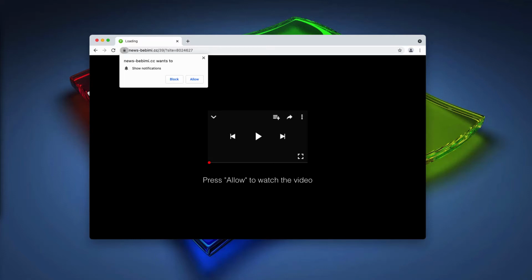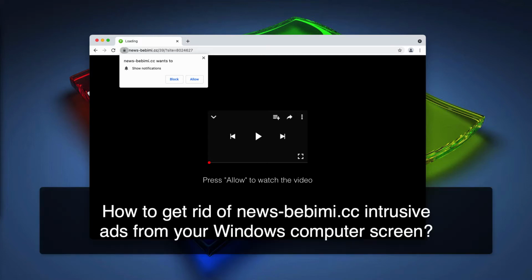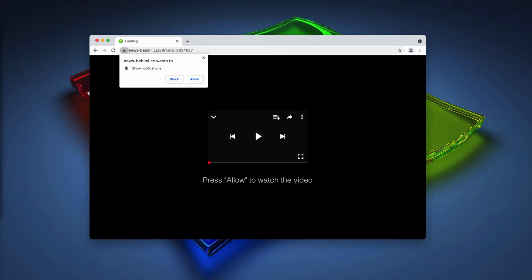News-bebimi.cc is a rogue site designed to load dubious content and redirect visitors to other pages. Likely, these will be untrustworthy or even malicious websites. By the way, the internet is full of such pages that are similar to news-bebimi.cc. And definitely the name of this website, news-bebimi.cc, does not make any sense at all if you analyze its name,